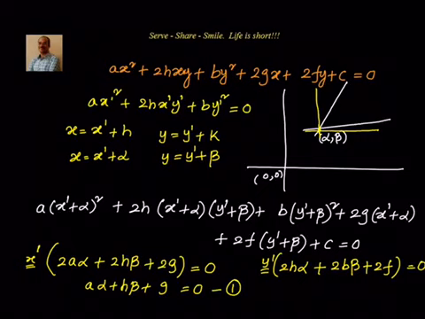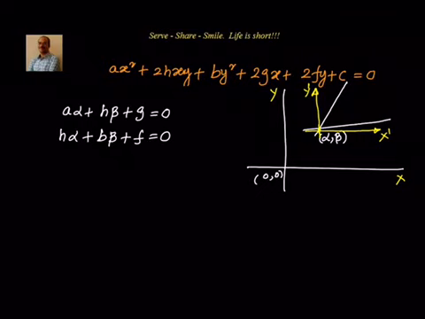So what we have done, we have taken all y dash terms. Y dash is coming from 2h into alpha into y dash. Here I will get a 2ab term, then I have 2f into y dash. So my second equation will be now h alpha plus b beta plus f is equal to 0. This is equation number 2. So we have two equations, linear equation in two variables. In terms of variables alpha and beta, easily we can find out using elimination method or cross multiplication method, we can find out the values of alpha beta. So let's go ahead and finish that.